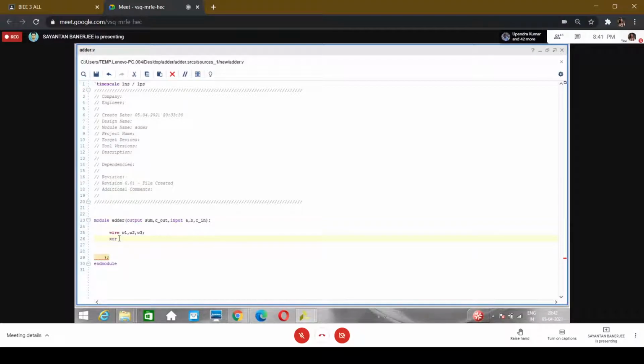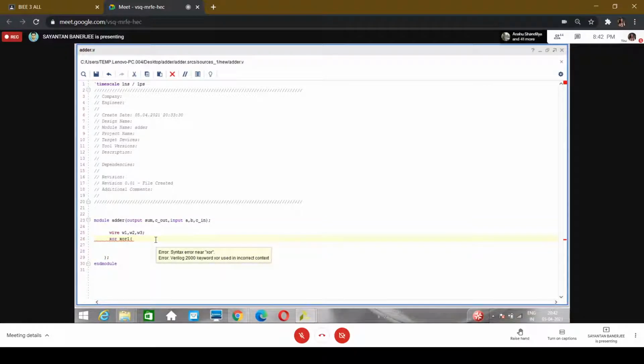These are inbuilt primitive gates, so we can take any name, XOR1 suppose, for the primitive.